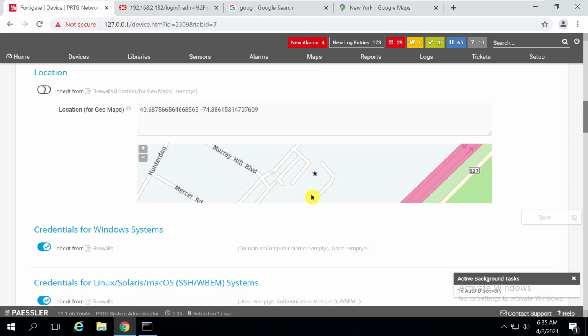This is a very cool feature. You can provide each and every location using this geomaps feature. Once you put in these latitude and longitude values, you can get the overall country map of all of your branches. So for example, if you are a financial institute or bank, you have different branches all around the country, right?